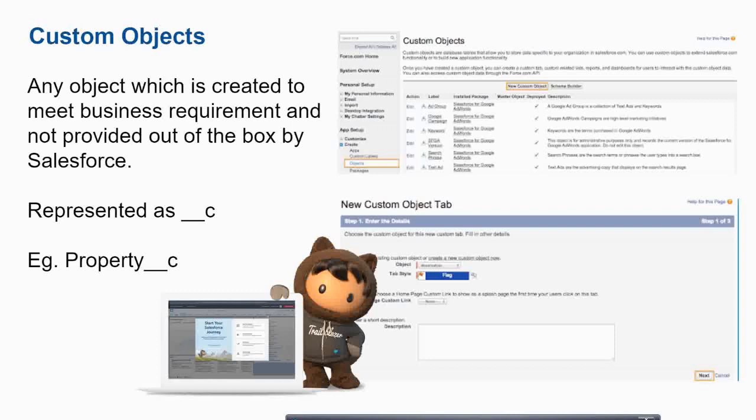It's represented like this. For the API name, you use this underscore c at the end. While you write SOQL or something, you use that name. That's the way you refer to that object.